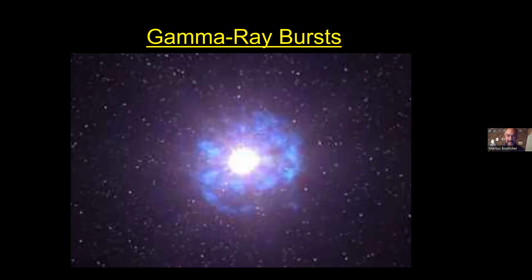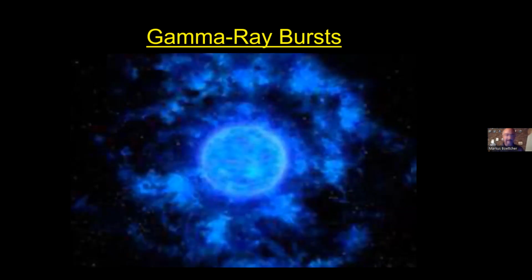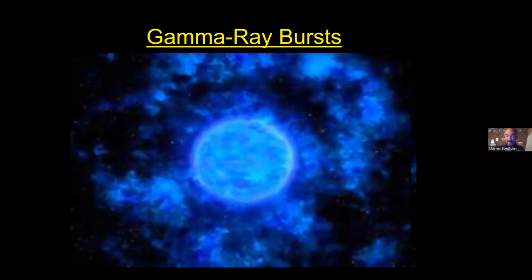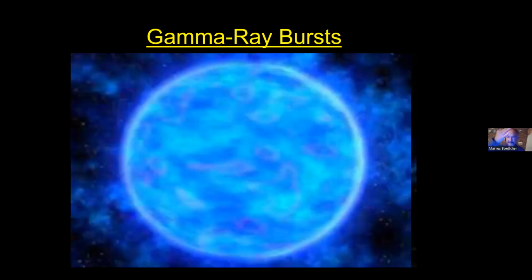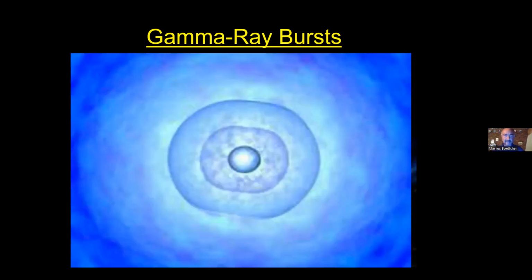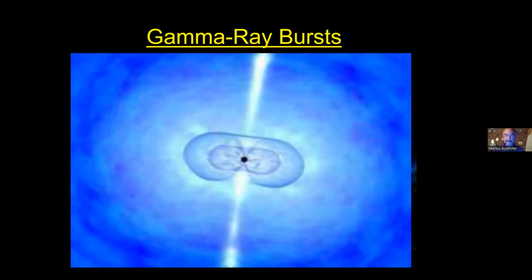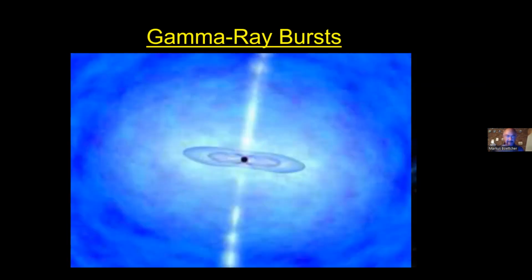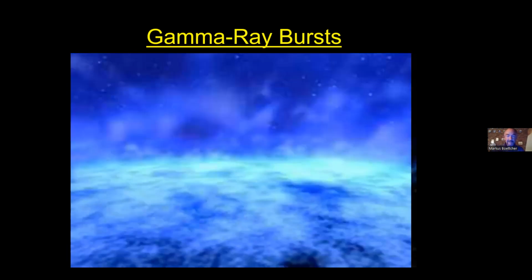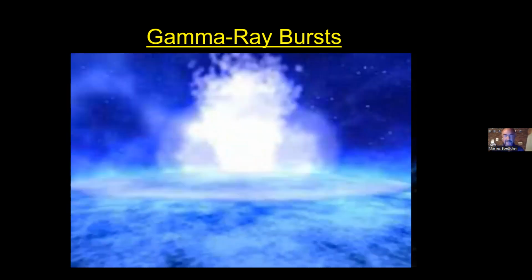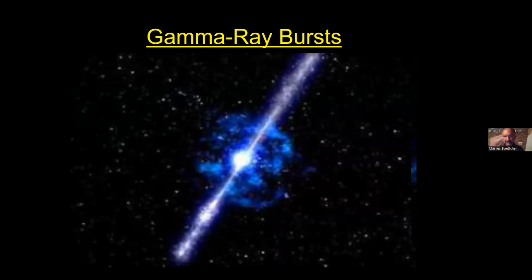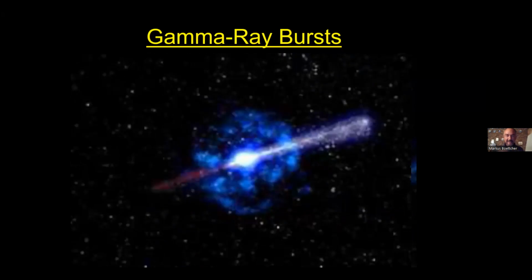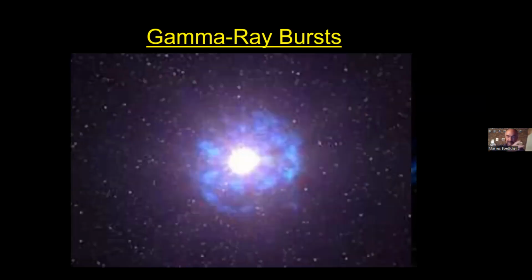And just like in active galactic nuclei, if there's very rapid accretion onto a black hole, it also ejects jets. In this case, we know these jets can be much faster than those in active galaxies. They can reach Lorentz factors of 100 or thousands. And if those happen to point towards our line of sight, we see these bright gamma ray bursts, and then gradually, as the material ejected along the jet is slowing down and cooling a little bit, it emits at longer and longer wavelengths as time goes on.